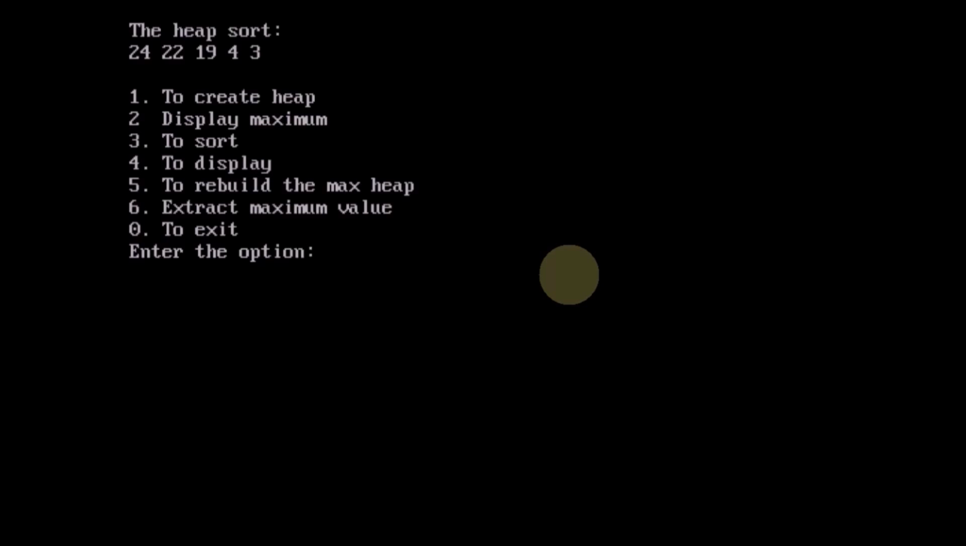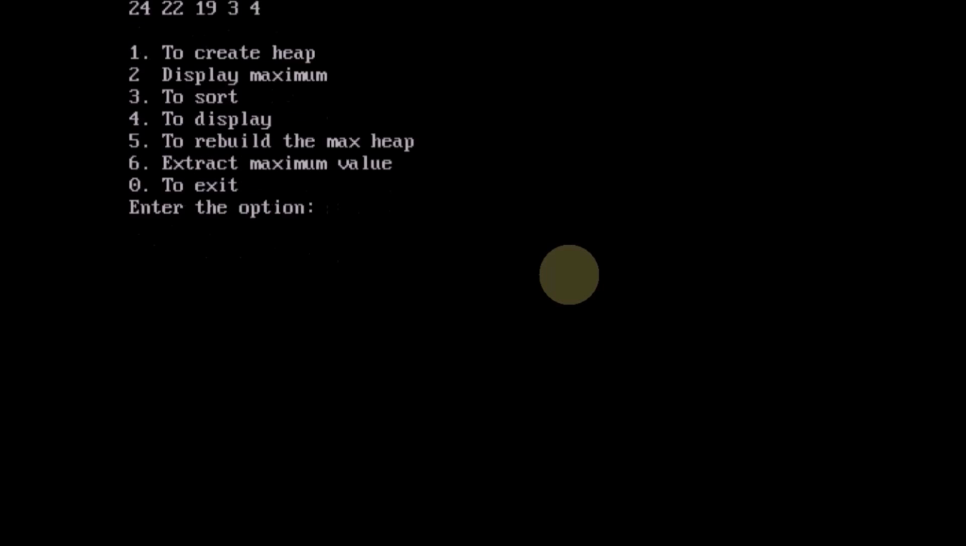And to rebuild the max heap, you just press 5. Now the max heap is rebuilt. Now extract the maximum value with 6. If you press 6, then it will remove 24 from the tree. Now the extracted data is 24. Now you can display the tree. Now 24 is not part of the tree. Now you can extract another value with 6. Now 22 is extracted. Now if you see,